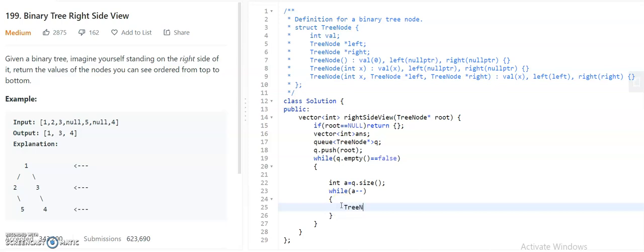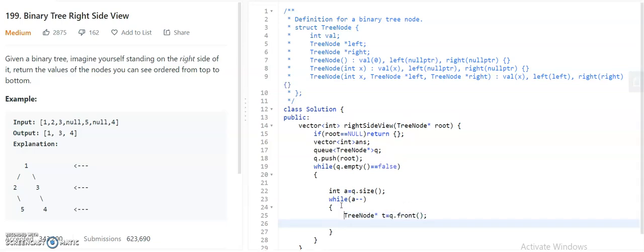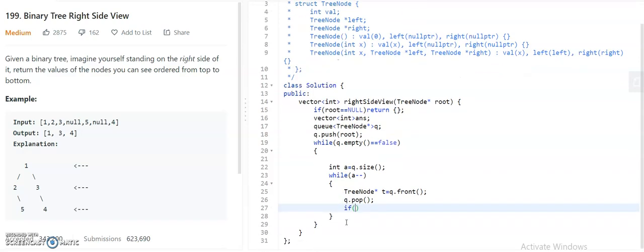Initially I have to take the front element, let it be t. So I will take it as front. Then I have to pop it. If the given node has a left child, I will push it into the queue.